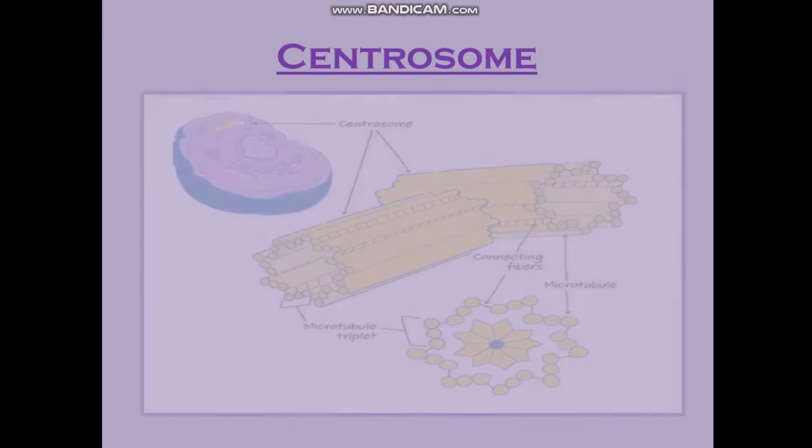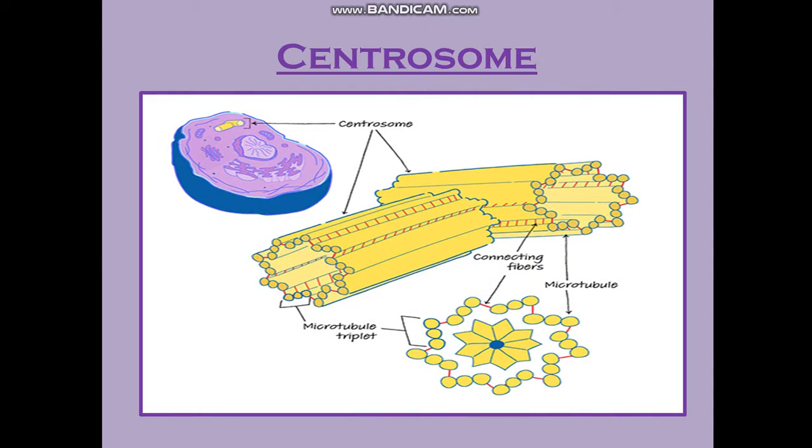Moving on to one more important diagram of the centrosome. See here, this is one centriole, this is another centriole, one kept over the other in a perpendicular manner. If we see the internal structure here, they may have a circular and longitudinal view here also. So this is the structure, this is the cross-sectional view, having the microtubules here, connecting fibers here, and this is the whole structure of the centrosome. Clear to all of you?